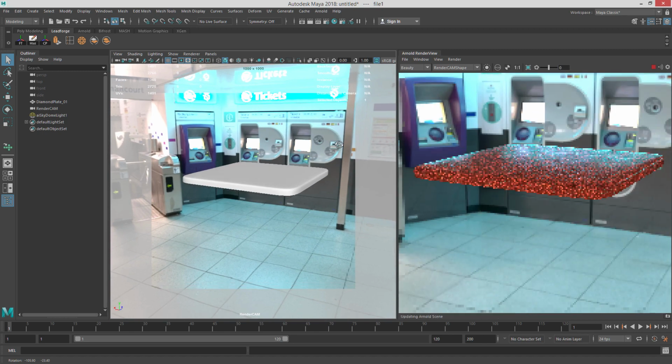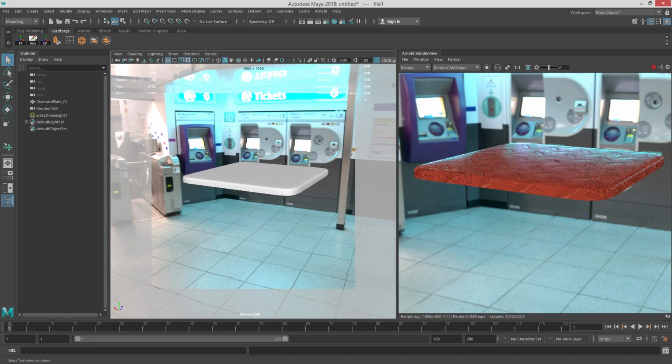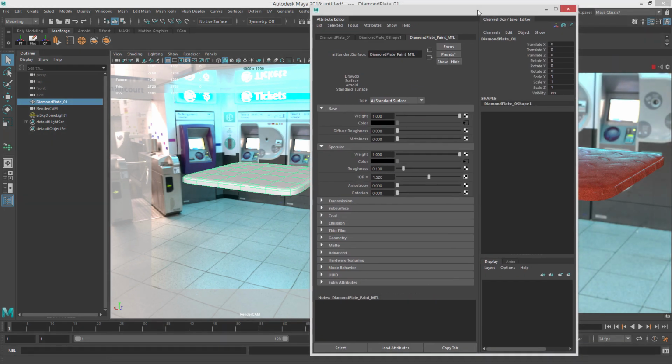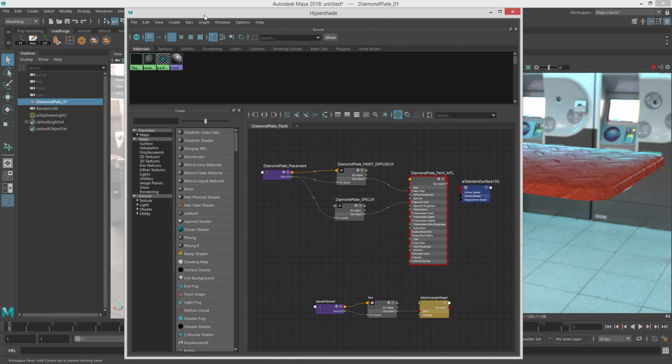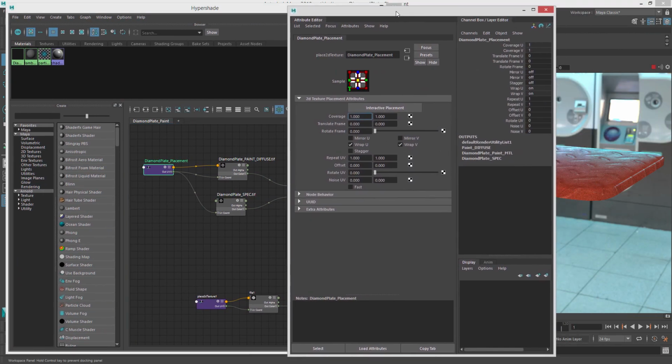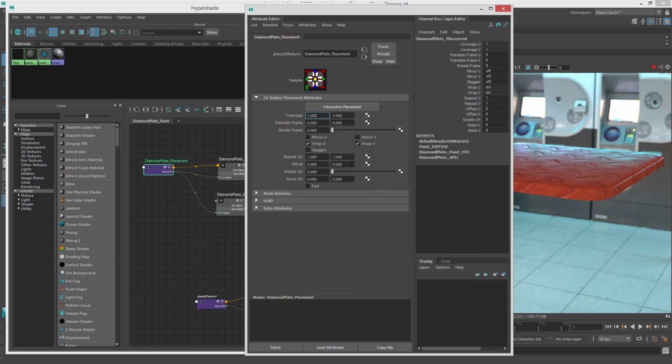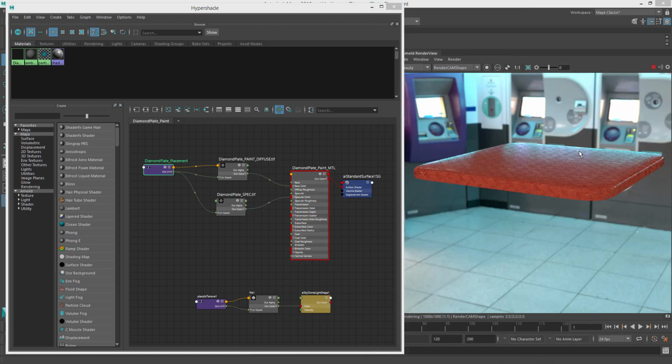So the first thing that I notice is that the scale is way too big. So let's click on this and let's change the scale. Let me pull my Hypershade over here and you see the diamond plate placement node, and then it'll be active in my viewport over here. I see the repeat UV when I select on that. So let's put that as probably too much, 3 and 3. That will uniformly scale those diamond plates